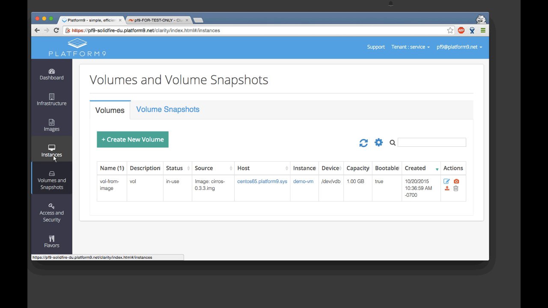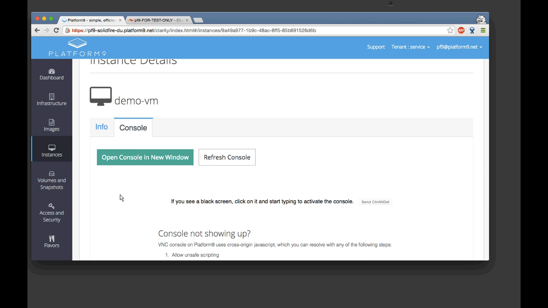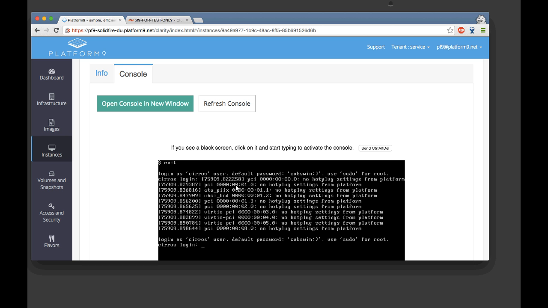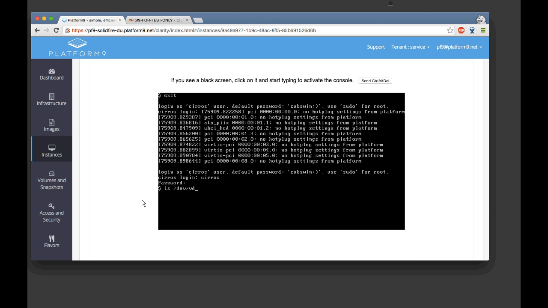So we go into that particular VM now, and you should be able to see that file which says created on VM1. So there is a VDB and VDB1. That's the file system that the Cirrus volume has internally.